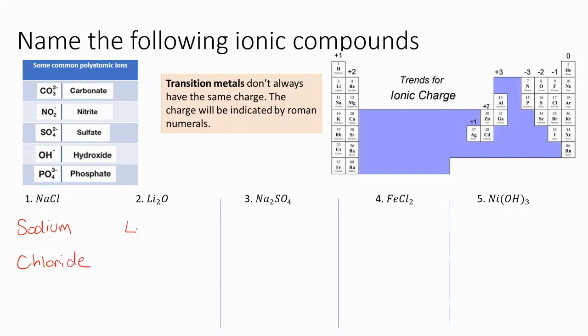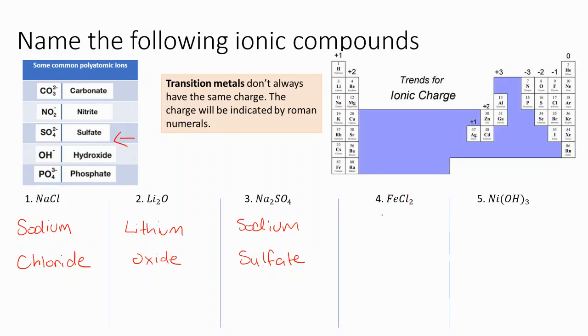Same thing here, we've got Li, which stands for lithium. And then O is the element oxygen, but it's an anion, so I'm going to write oxide. Here we've got a polyatomic ion, so we're going to write sodium first as our cation, and then the anion here is sulfate. So that's this one here. Here we have a transition metal, so this means we need to indicate the charge using Roman numerals. So if we were to